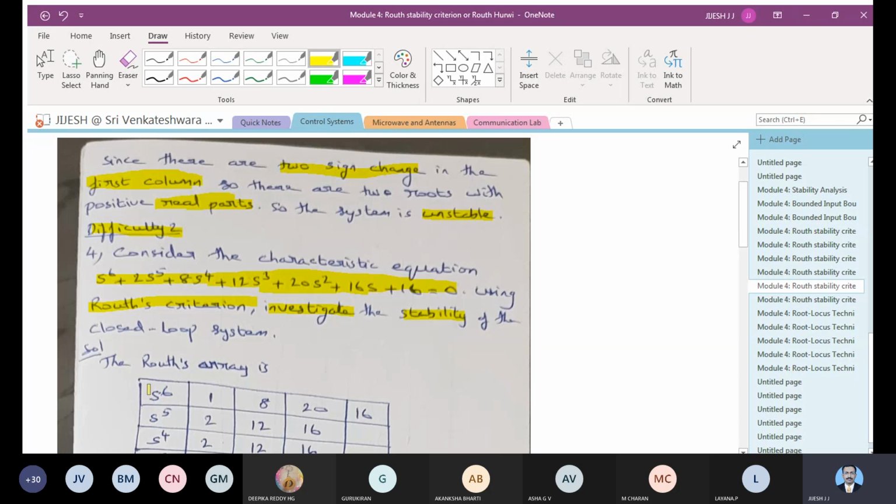So all of you note down this first row, all of you will get that. Then you can just write the coefficients here as well, so you will get both the things. Then try to find out what values you are going to get. 2, 12 and 16 you got. You can solve it, and when you solve it, you will get 2, 12 and 16.